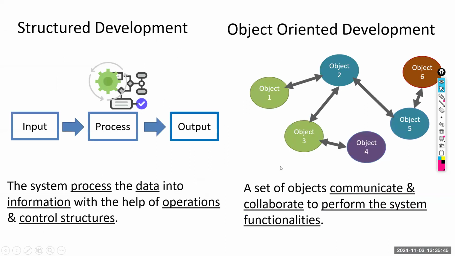Right. As I already mentioned, there are two ways we can do software development. One approach is called structured programming. That is what we have been doing so far until the last session. We look at the data, we represent the data in variables and then process it. How do we process it? By applying operations using control structures. So it's a very simple, very straightforward approach. Anyone can easily learn it. That is called structured programming, structured software development.